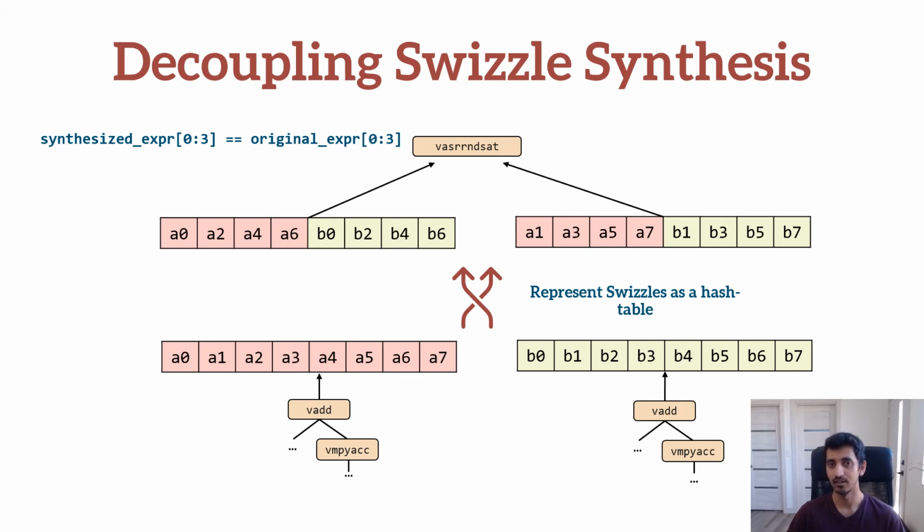search space. To prove this necessary requirement, we only need to synthesize hash tables that describe what data must be contained in the first 2 lanes of the swizzled input vectors. Synthesizing such tiny hash tables is cheap and allows us to quickly eliminate the vast majority of bad solutions.